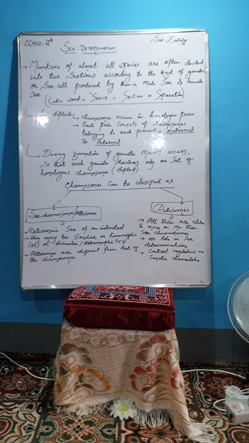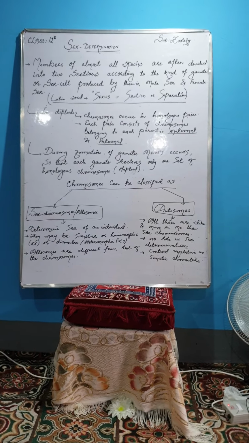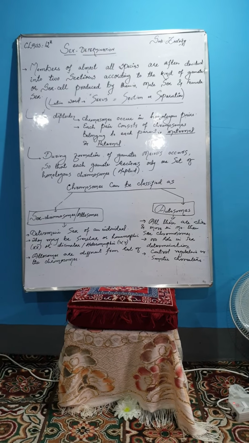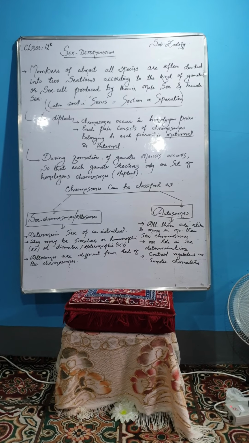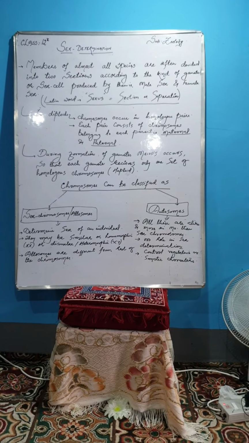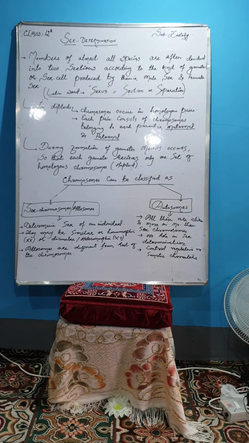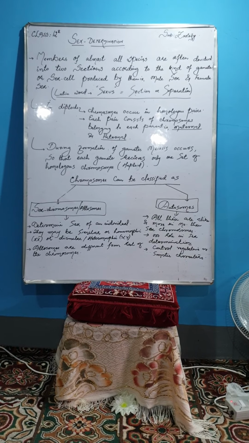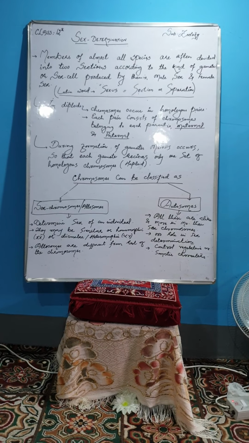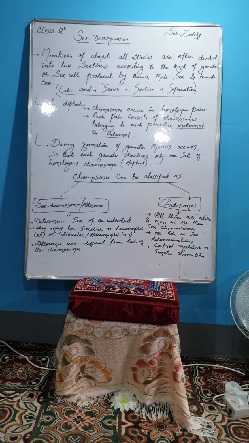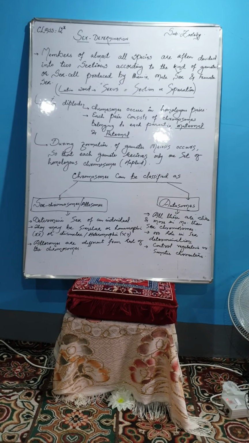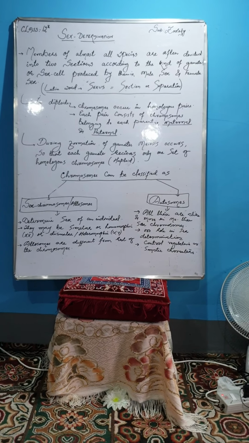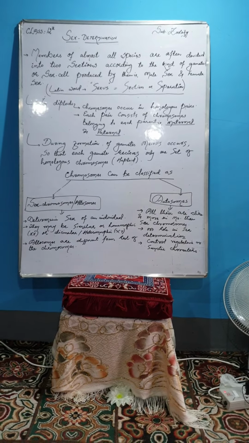Now, coming back to the concept of sex determination, mostly the organisms which have the diploid set of chromosomes. For example, if an organism has 12 chromosomes, when it produces gametes, each gamete would receive only half the number of chromosomes. If it produces two gametes, both the gametes would possess only half, that is 6 chromosomes. That's why we say that gametes are always haploid. Moving ahead,